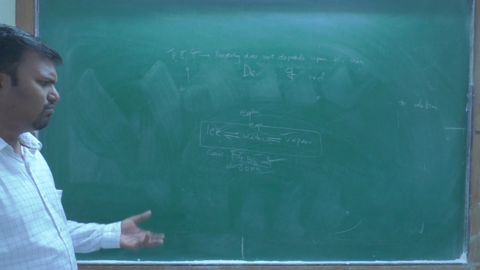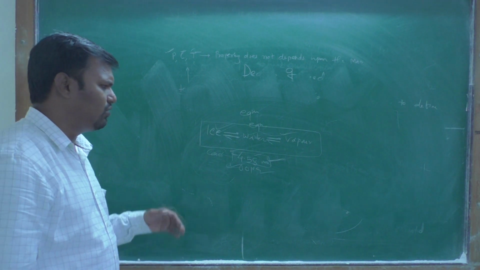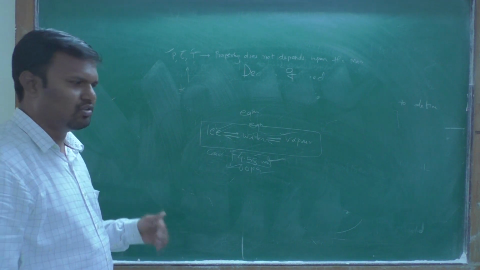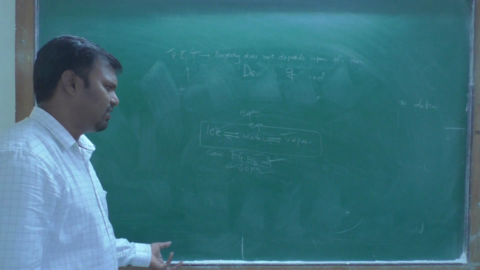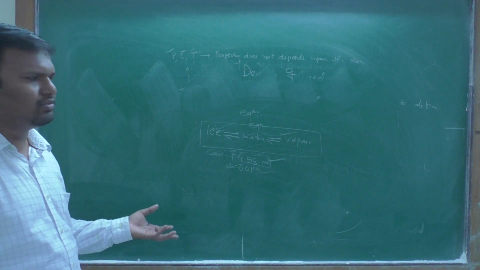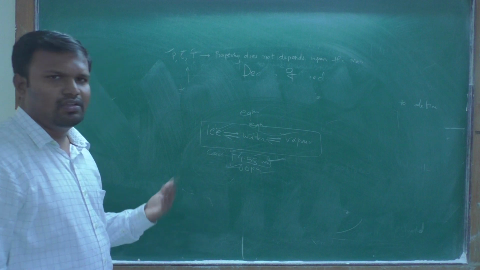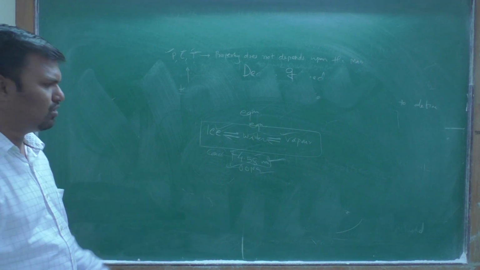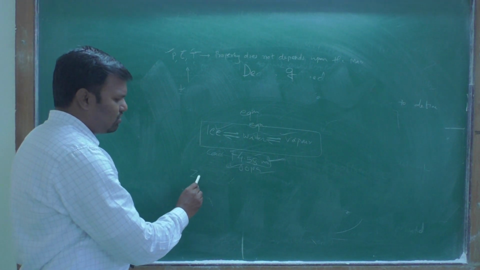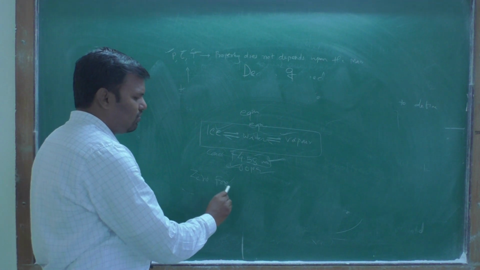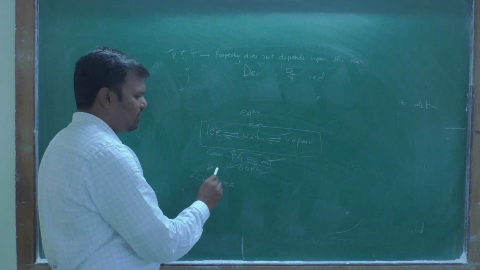Okay, therefore when you change the pressure, the equilibrium is disturbed. When you change the temperature, the equilibrium is disturbed. When you change both, the equilibrium is disturbed. Therefore, in this case, this is the zero freedom system. This is the degree of freedom